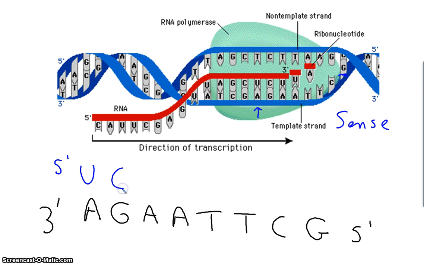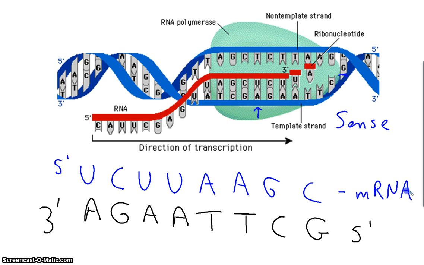G gives us a C. A gives us a U. A gives us a U. T does give us A, T, A, C, G, G, C. So this now is our strand of mRNA. And so there's the complementary base pairing that takes place during transcription. Okay, so just remember, it's the same as what we saw for DNA. The only difference is anytime that we should see a T at thymine, we replace it with a U for